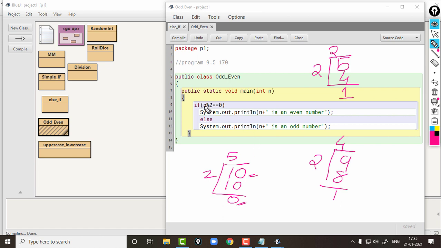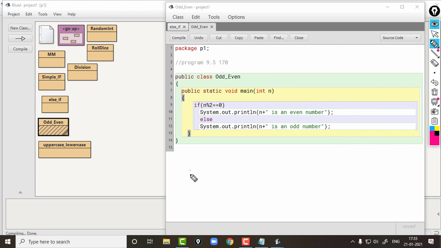See, we are dividing n. If you are giving the value 10 to this variable n, then n modulus 2 means 10 modulus 2 is equal to 0. This modulo operator will take the remainder. So the value of n will be 10, then this condition will be 10 modulus 2 equal to 0. This operator will give the result of this operation as the remainder.